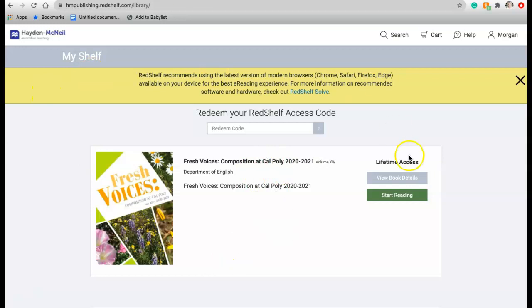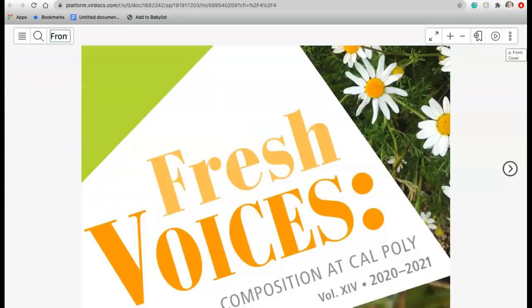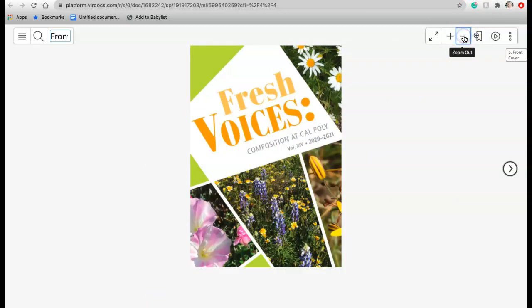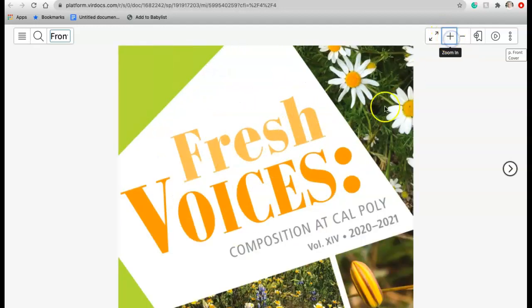All right, so once you click Start Reading, which is what I just did, it's going to take you to Fresh Voices, the textbook. In the upper right-hand corner, there's a few things that I want you to note. You can zoom in and out. So if you wanted to see the whole cover and how pretty it is, you can zoom out or zoom in if it helps for you to read the finer text. You can make it full screen, which I always recommend doing. The more tabs that you have up, the more distracting it will be. So I do recommend making it full screen so you can focus every part of your energy on doing your